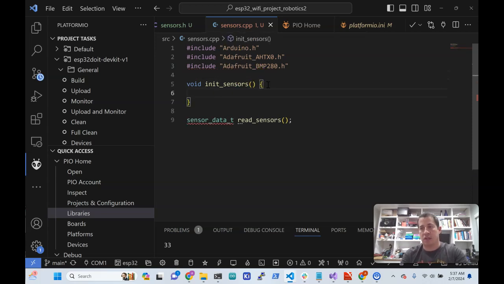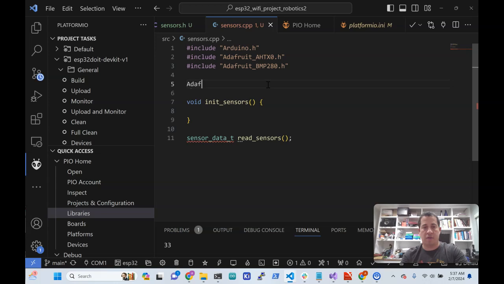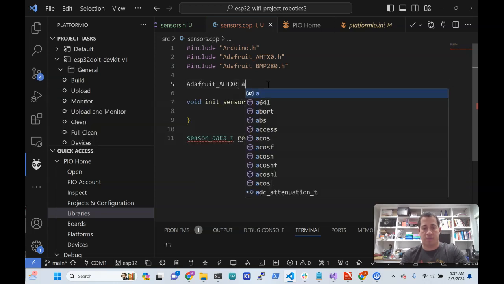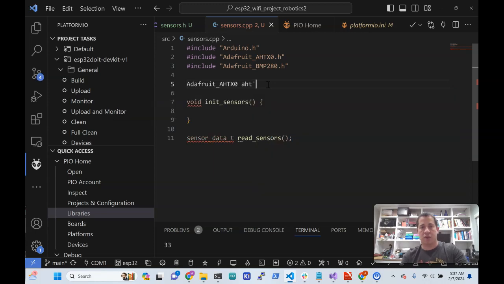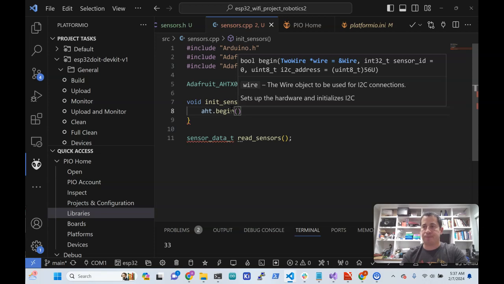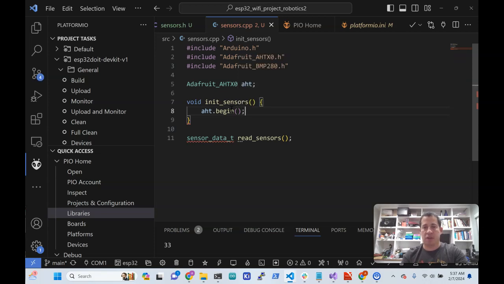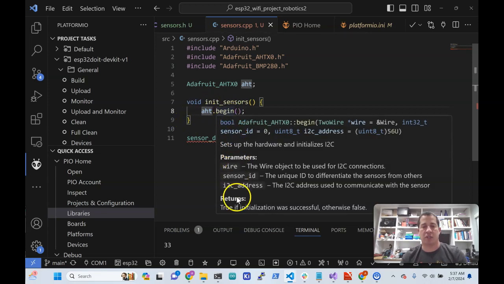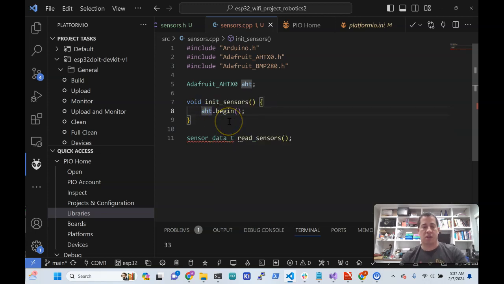So first we'll initialize the AHT. So we'll make an AHT object, Adafruit AHTX0, just like that. Okay, and then we're going to call if not AHT.begin. So we're going to initialize, right? And I think we can just leave it like this. But what it's going to do is return whether or not it was successful. And so we're going to wrap this